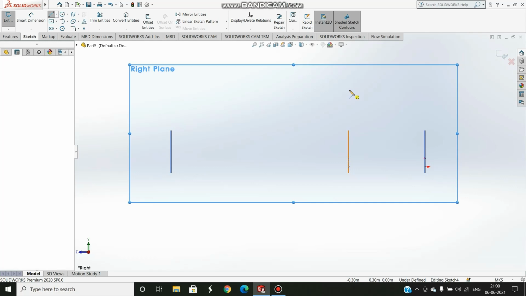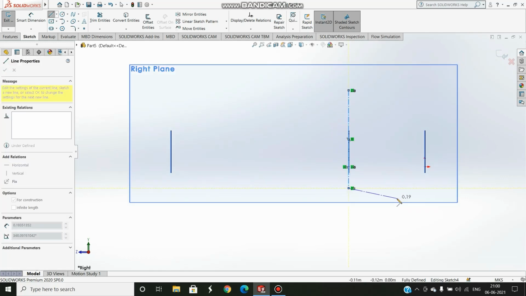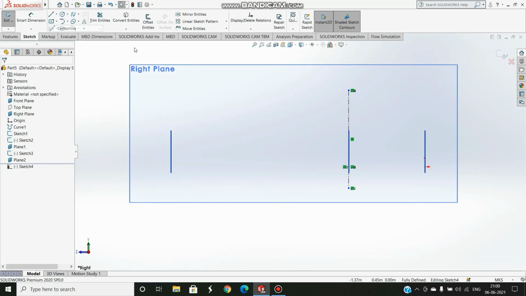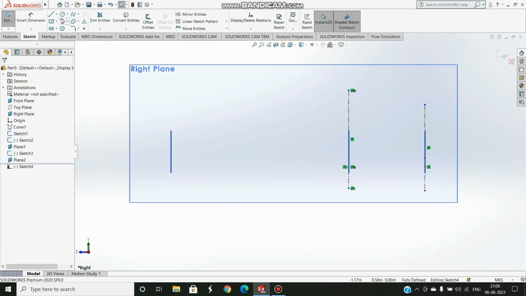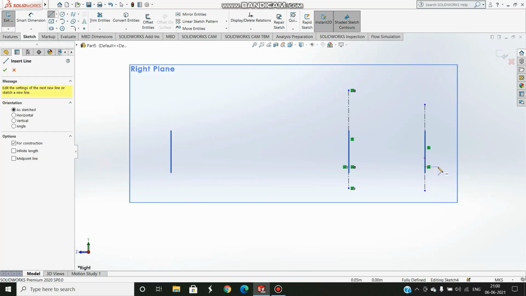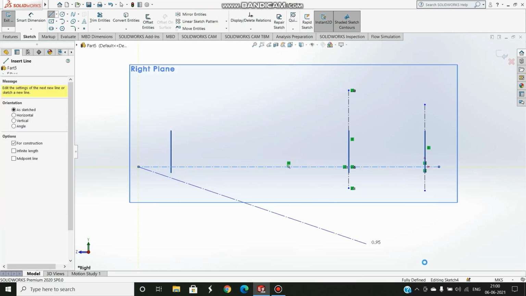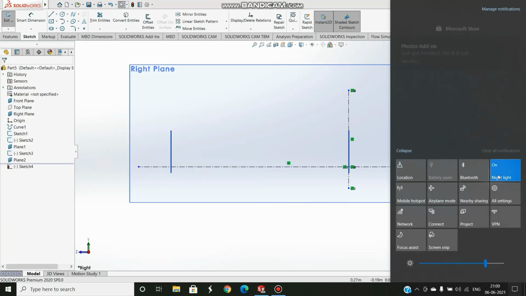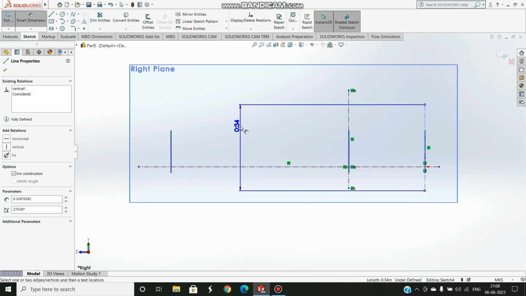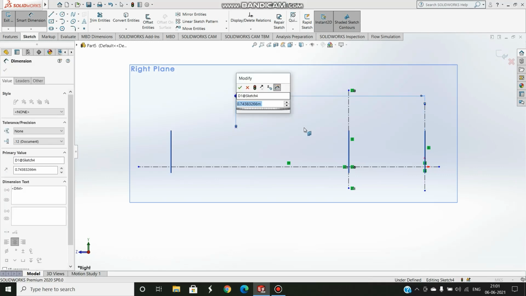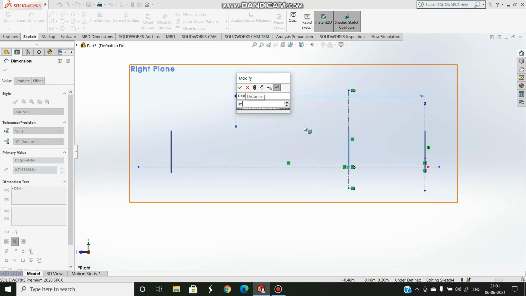Now the first thing you have to do is make a line here. One of them shall pass through the origin and also create one here. Now the next thing that you'll have to do is select a point and you can place it anywhere here on the left. Now you'll have to use smart dimensions and specify how far you want it to be. I want it to be 1 meter far so that it's on my plane 2.